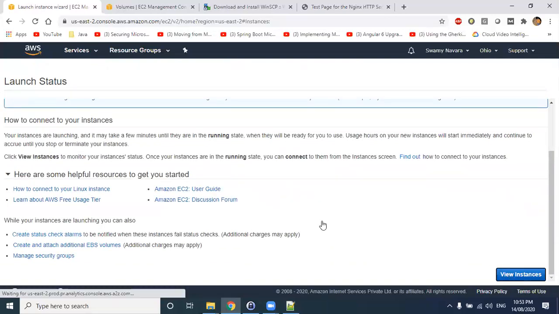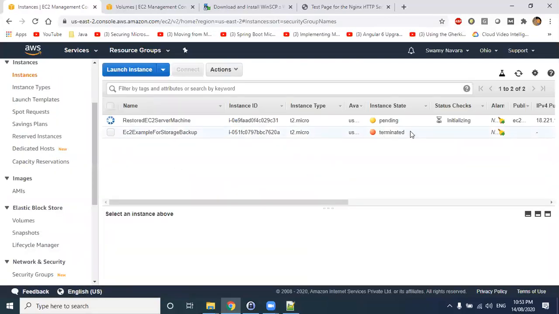If you see your instances, the earlier instance is terminated completely, but before terminating, we created an image for this particular instance. When you create an image, by default, one AMI will be created. The AMI is nothing but your machine image.